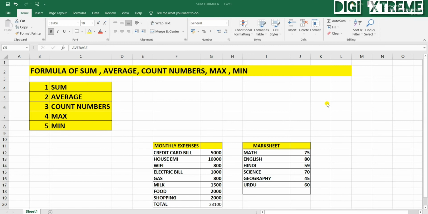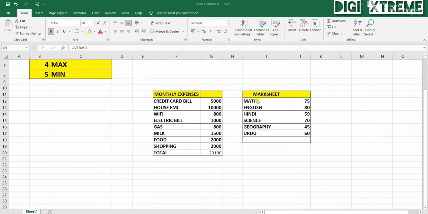All right. Now I have a data sheet here. This is a mark sheet in which we have marks of different subjects, math 75, English 80. So I want to know the average of the total marks.